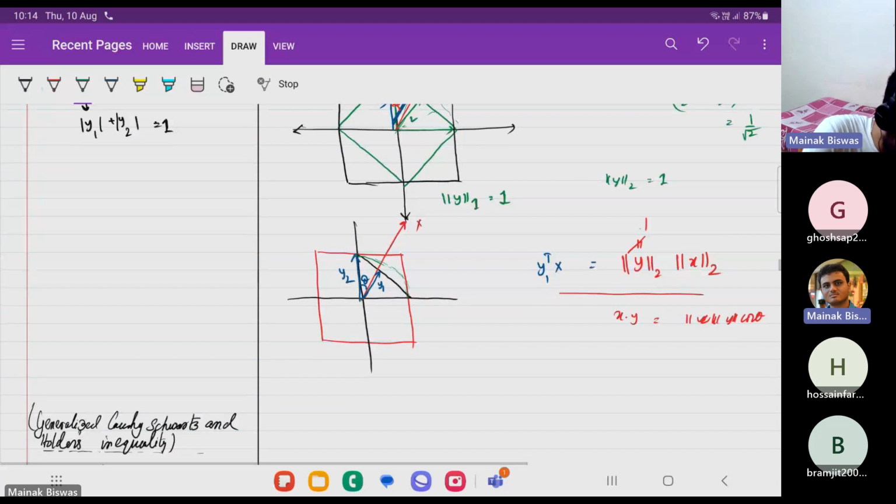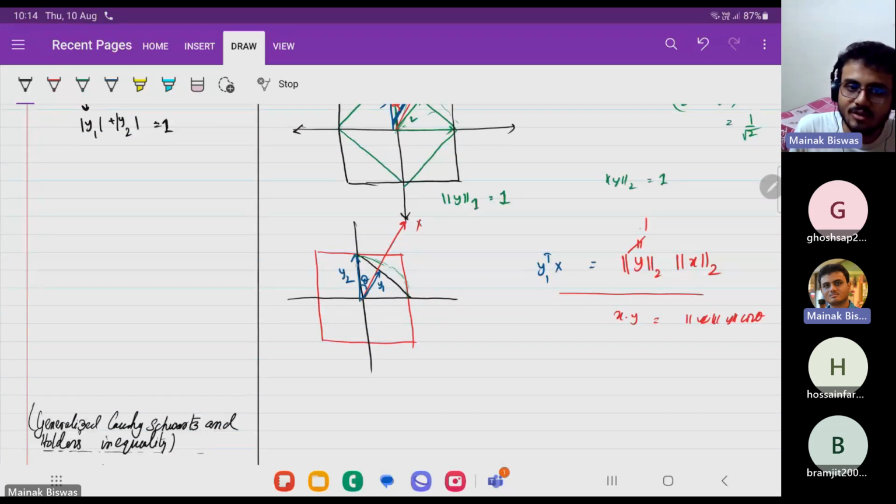Now you tell me why am I taking y2? Can you give me the intuition? Why am I not taking all the vectors in between? Because y2 has the maximum length, right? You can also take and see, but y2 has the maximum length. So y2, do you agree? Y2 transpose x is going to be,